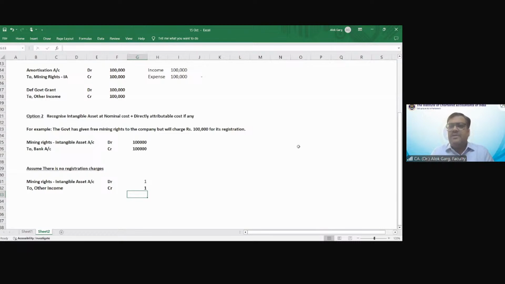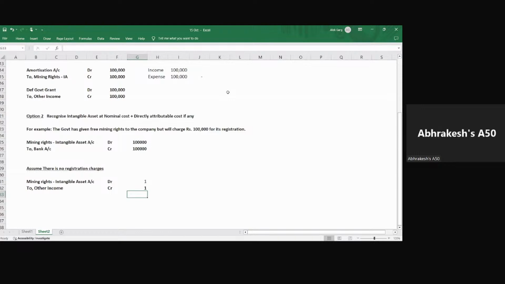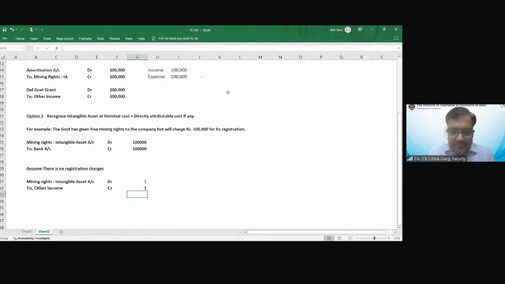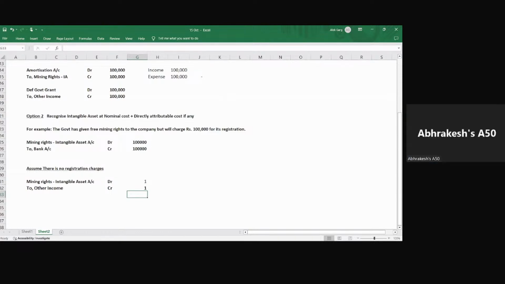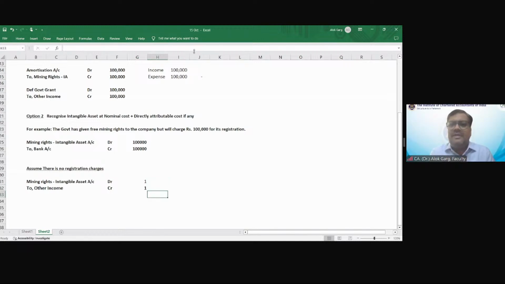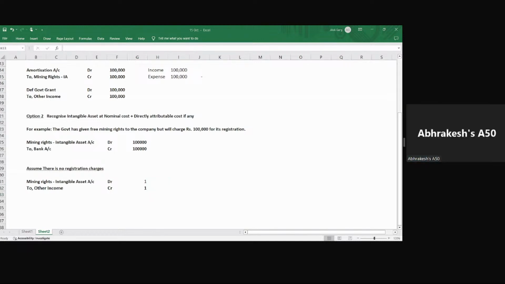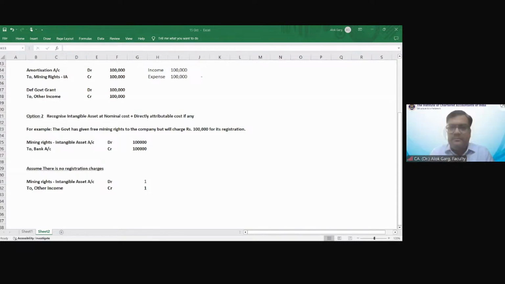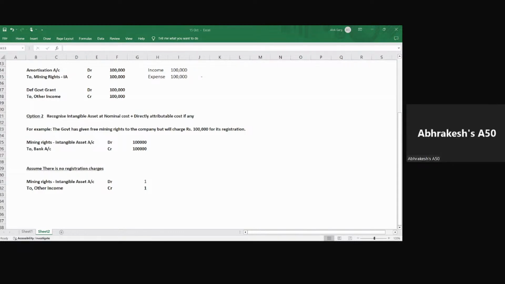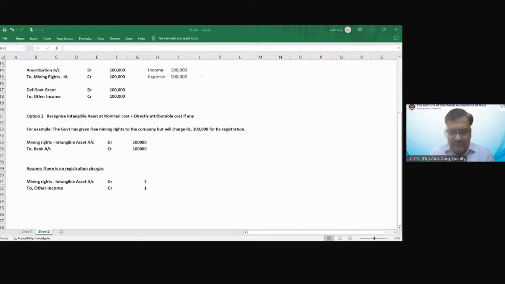Abrikesh, do you have any question? Sir, I had, but this Excel file has explained, sir. Sorry. Just a minute, sir. Okay, let's go to the next concept. Sir, sorry. Just a minute. Yeah, Abrikesh. Sir, I had a question, but this Excel file has explained the first scenario. It was about how to amortize liability.